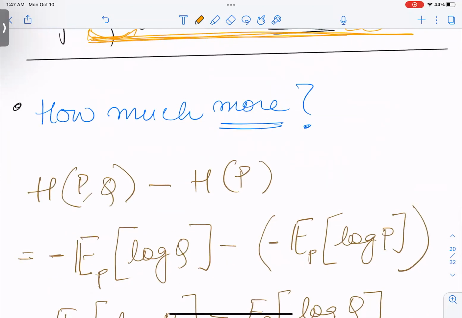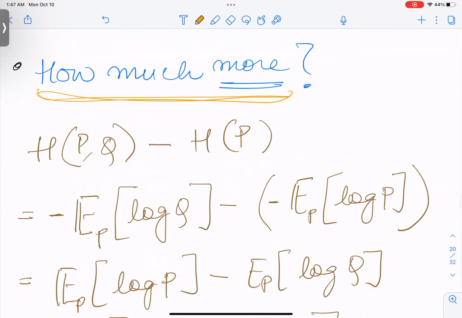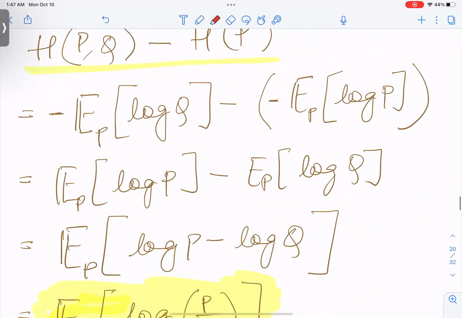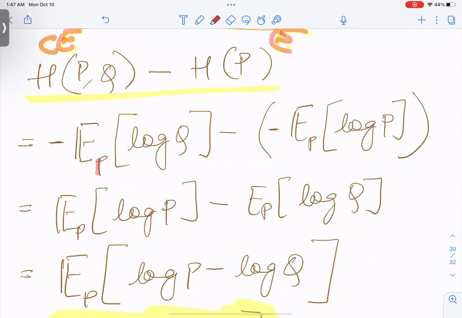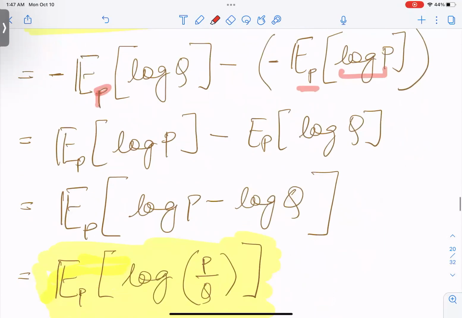Then can we calculate how much more we need? If we say more, then how much more? It is simple. We can just get the difference between the two. Let's calculate the difference between the cross entropy and the entropy. Cross entropy is the negative expectation under P of log Q, minus the negative expectation under P of log P. If we just rearrange the terms,